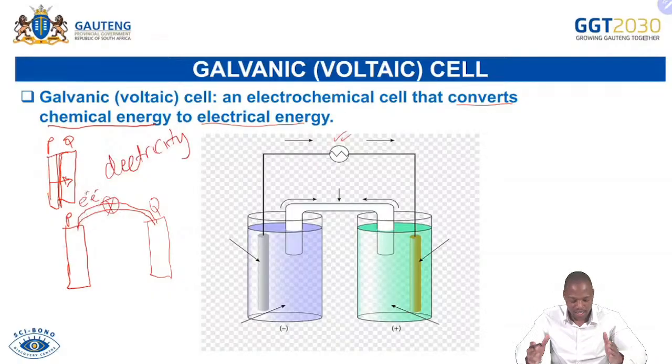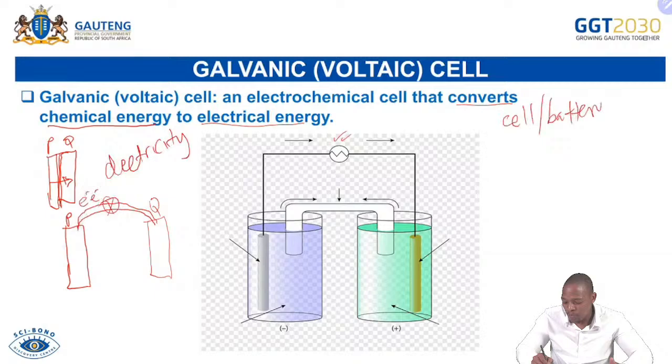I hope you understand my story there, and I hope you find it as exciting as I do. I know that P will always give electrons to Q, right? Then what can I do? Let me separate P and Q and then offer them a pathway for the electrons to flow from P going to Q. But I know my plan. My plan is that along the way, while the electrons are going from P to Q, I am going to use them. And that is how we actually get the cell of your phone,